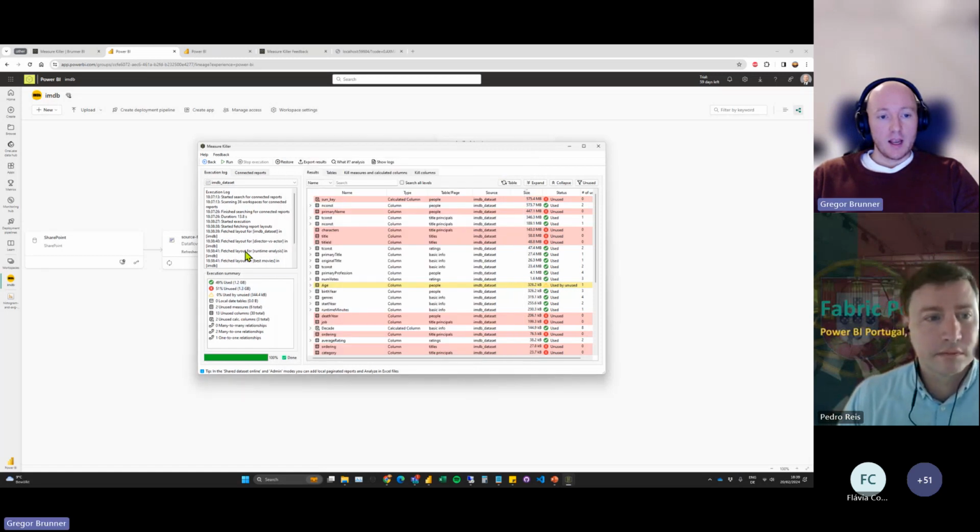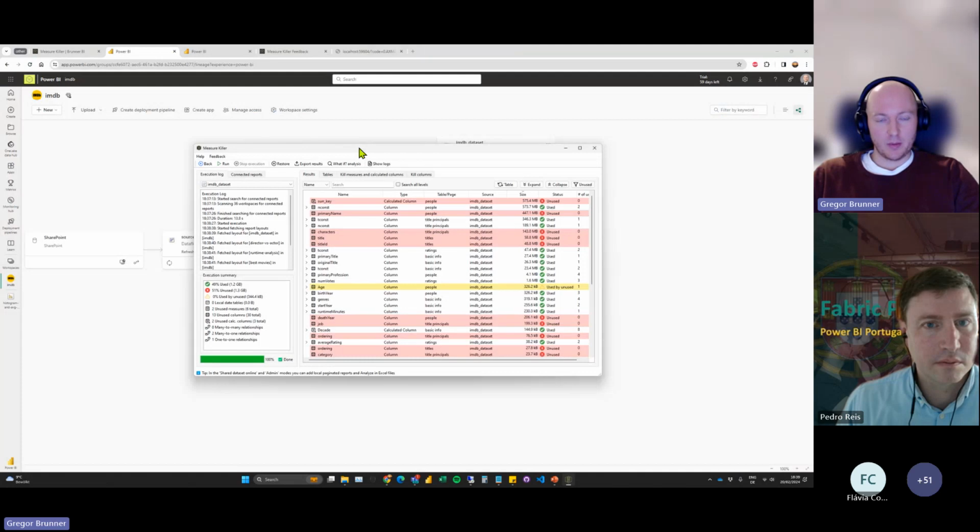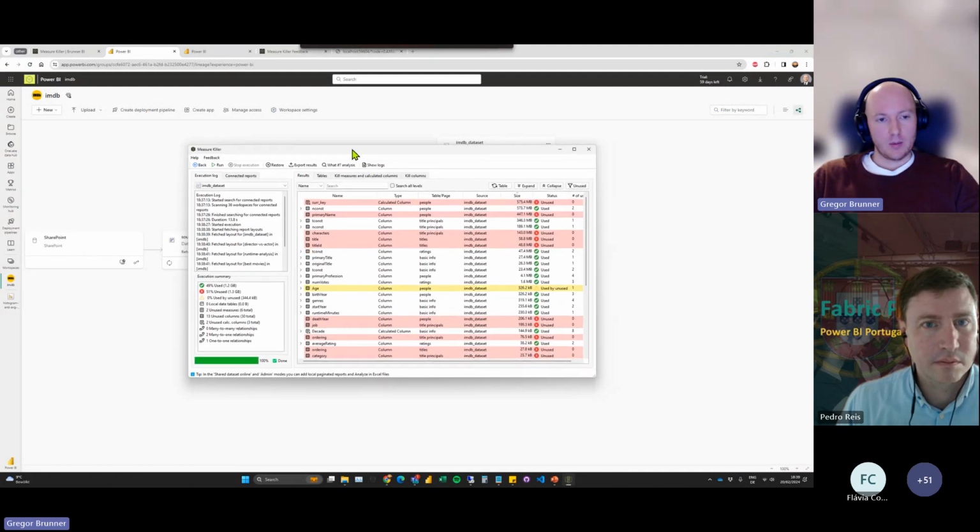Now I click on cancel, and we can see now everything is the same, just like before, right? We have the same 49% used, 51% unused. The age is yellow, like everything all over again. But now we're in the Power BI service, right? I should have closed it. I don't need Power BI Desktop anymore. I just need this tool. And like I said, I need Tabular Editor.